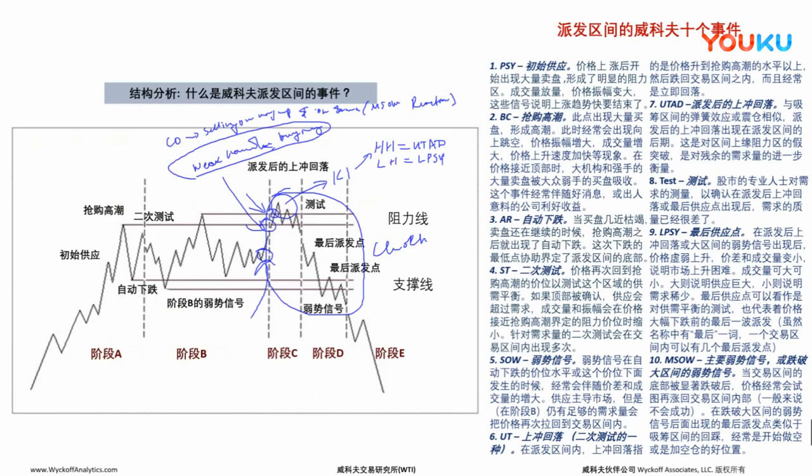So it's a very interesting structural spot, where we see strong hands selling into the weak rally, and then the weak hands are excited that the price has consolidated for some time. They see some kind of value, and they are buyers in anticipation that the breakout is going to happen.